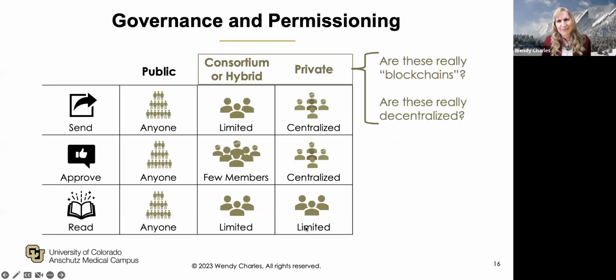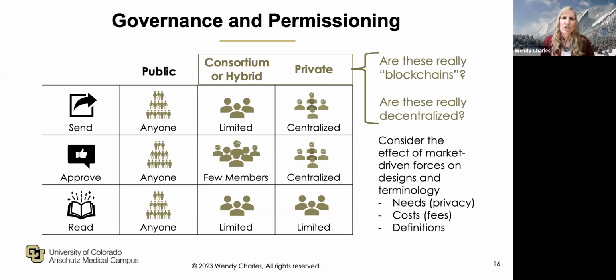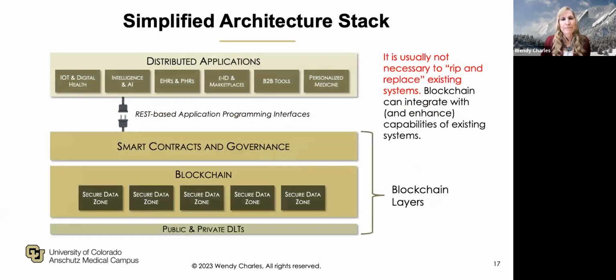Now, some people say, are these really blockchains? If they're consortium or hybrid, are they really decentralized, if there is more access and control? But what I have seen by serving on a number of international committees, such as IEEE, and with interactions with the ISO, the International Organization for Standardization, is that there are now tens of thousands of organizations developing blockchains that have more private features or more centralization, and they're still calling them blockchains. So we're seeing market-driven forces really change the way that we think about how blockchains are designed and advertised.